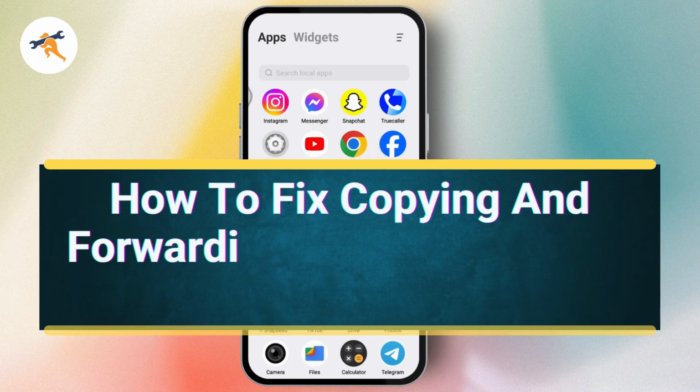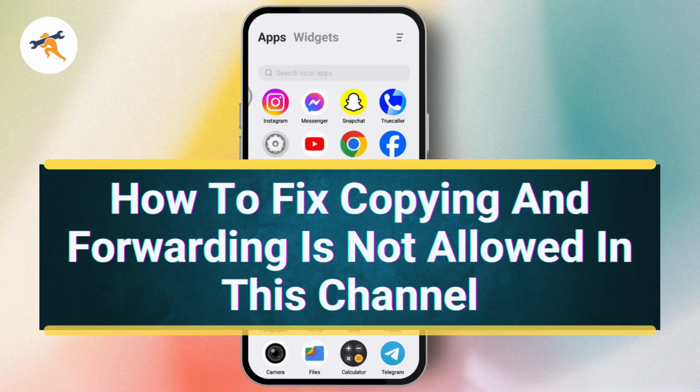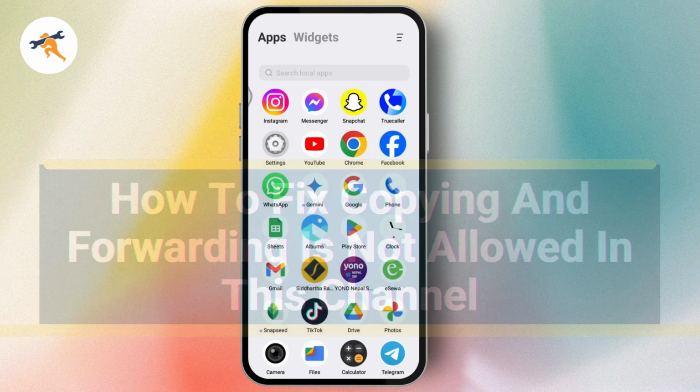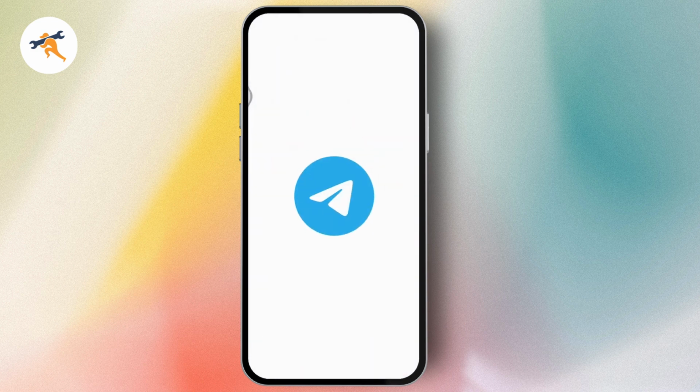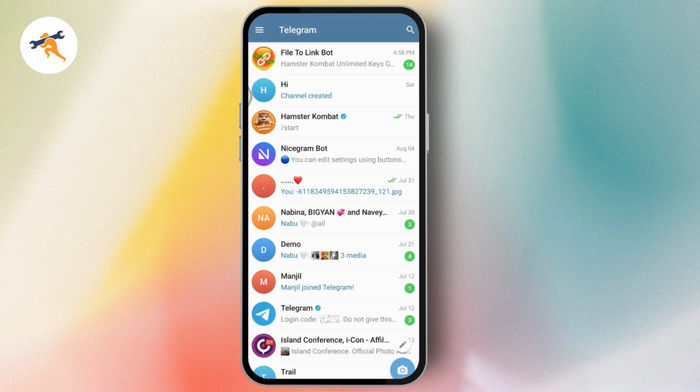How to fix "copying and forwarding is not allowed in this channel." So if you want to fix the copying and forwarding is not allowed in this channel on Telegram, then what you need to do is first open up your Telegram application. Make sure that you have a stable internet connection. Once you have a stable internet connection, now if you're not being able to forward a message in Telegram,